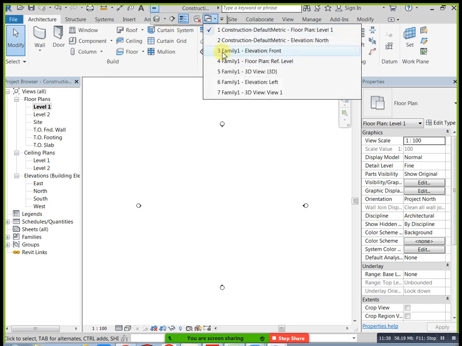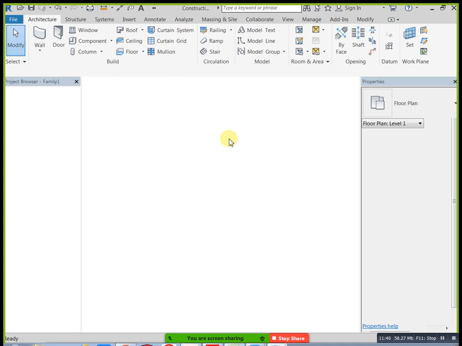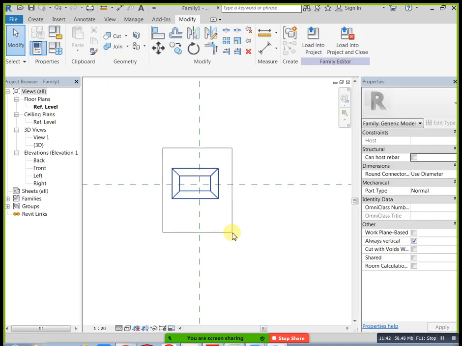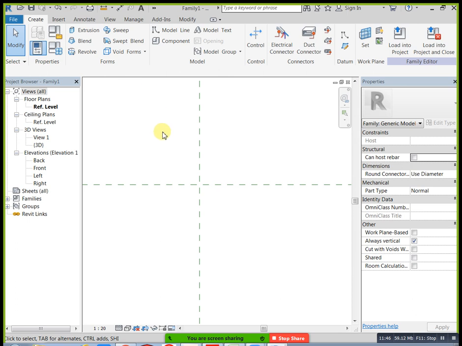This one is parameters. Parameters are nothing but controlling. We can create our models in families, but we can control our models in projects. How can we control our models in projects? By using parameters. Those parameters we can also set and create in our families. However many parameters you mention in your family, that much controlling you have in your project. That is important here.